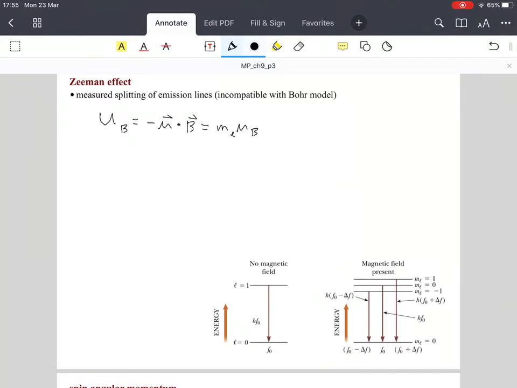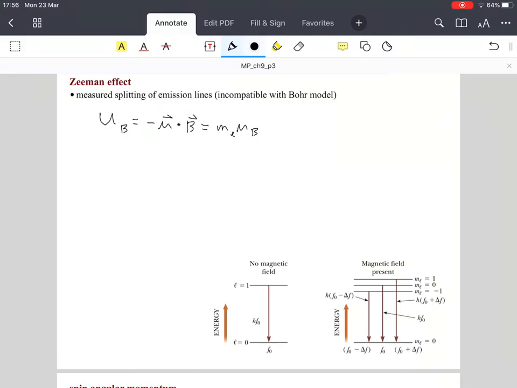So in other words, this 13.6 eV for the ground state energy. And what this means is that you can have a splitting of the energy levels when you make a transition. So shown in the bottom diagram is the case when you're going from an L equals 1 to L equals 0. And this is when no magnetic field is applied. And so what that's saying is that you just see that energy of the photon, and here f is the frequency, so you could think of that as nu. And so this is the frequency that you expect from the Bohr model, or from a case where you're not worried about the